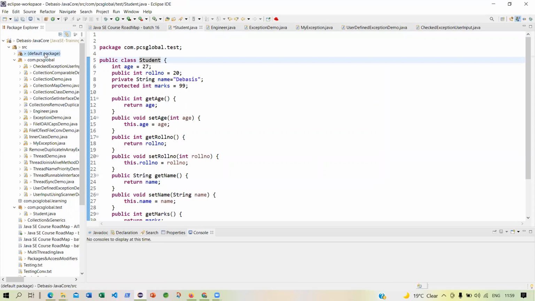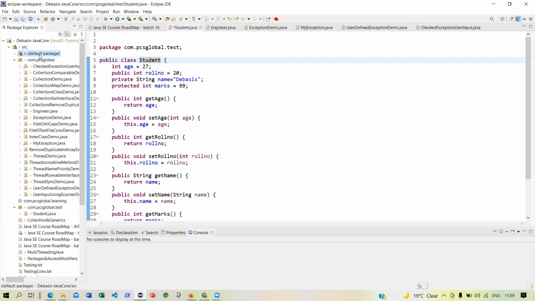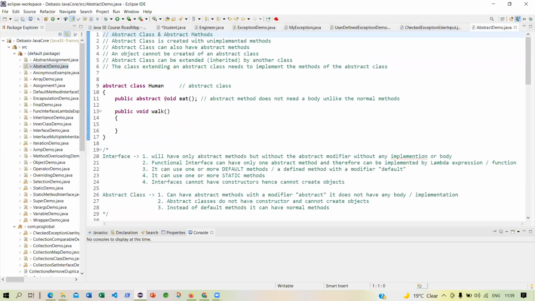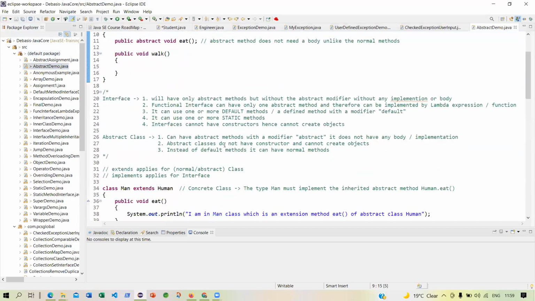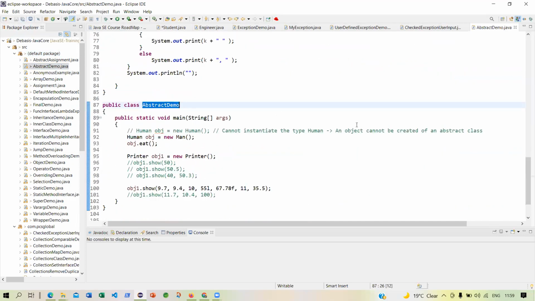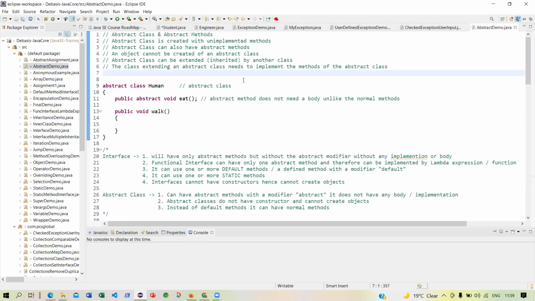Default. Yes, sir, default. I have not created any package. That's why, see, all this time we were doing these programs under the source folder. So that source folder is nothing. Whenever you open any file, let's say AbstractDemo, did you mention any package for this class that you have created? For this class AbstractDemo, did you create any package? Are you saying package?